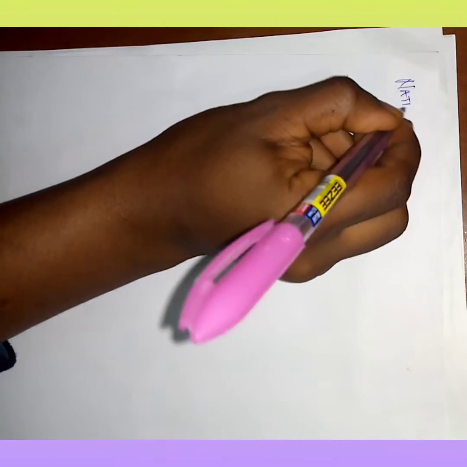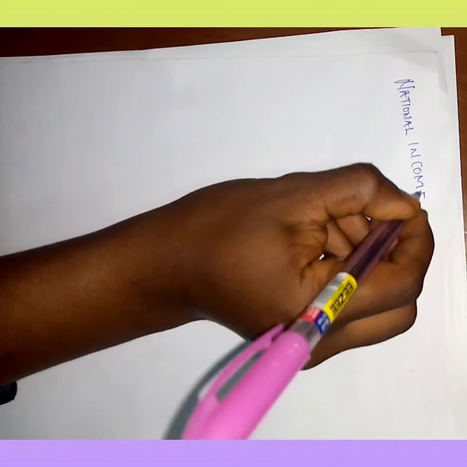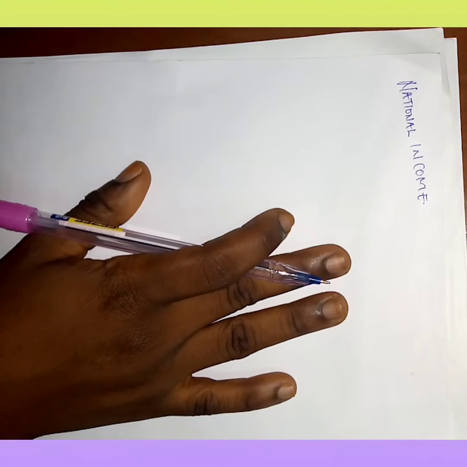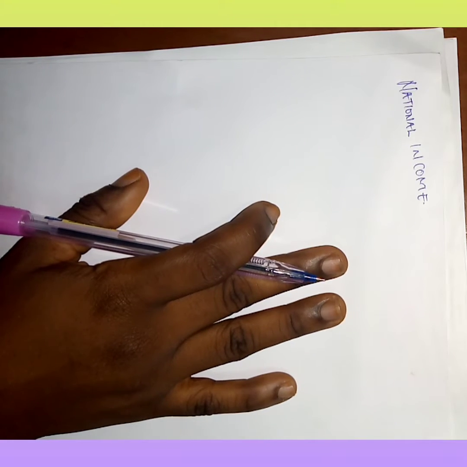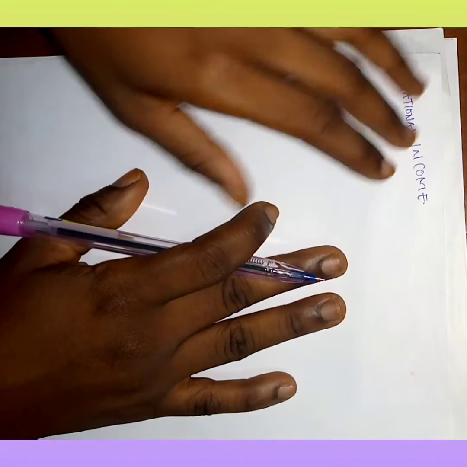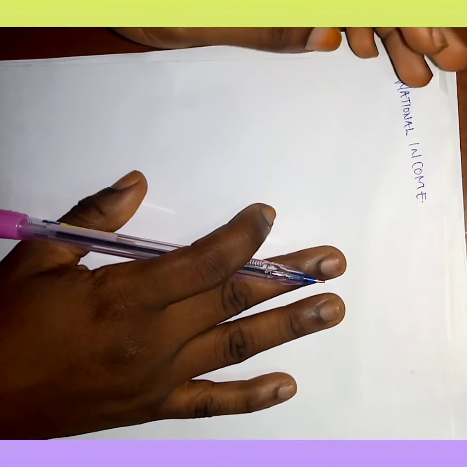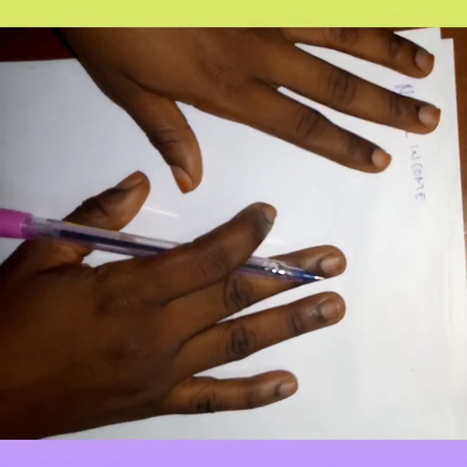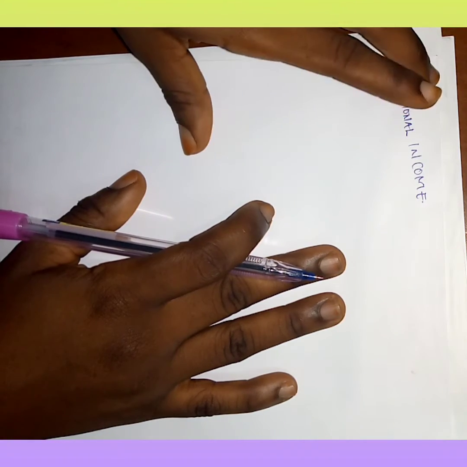Good day, viewers. Today we'll be discussing an aspect of macroeconomics, which is national income. You see, each and every country engages in what is called an economic activity, and this economic activity is just an activity that an individual engages in to produce goods and services by using the limited resources, the scarce resources, or even the factors of production available in the country, so as to generate income. That's the major aim there.